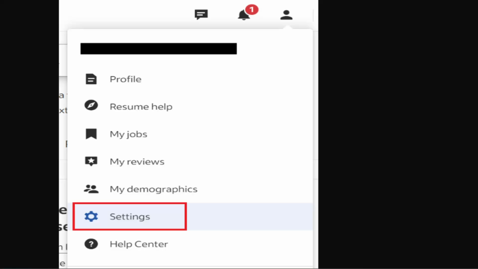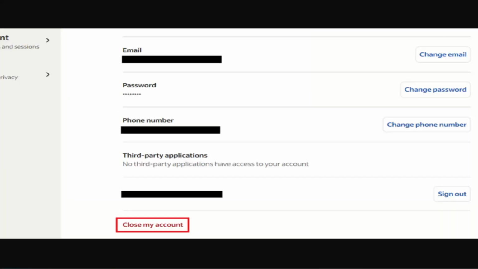through the browser. Once you are logged in, click the profile initials from the top right hand side corner of your screen. As you click that, a drop down menu appears, so click on settings. As you go to settings, you'll be able to see this sort of field where you have to scroll down in the account info section, and you could find the link or the option to close your